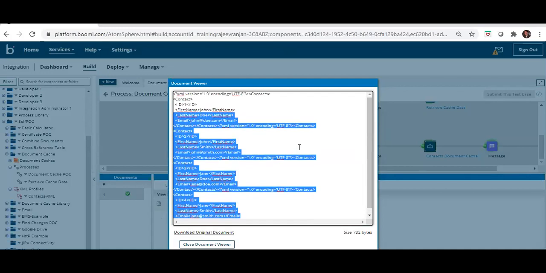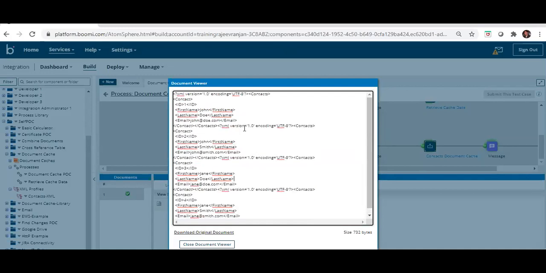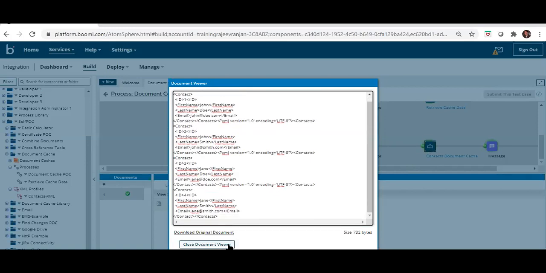After splitting, each one represents a unique XML with its own root tag, which means four different XML documents. So when we perform the retrieve from the cache, the cache has four documents.